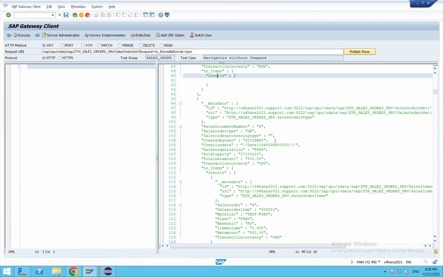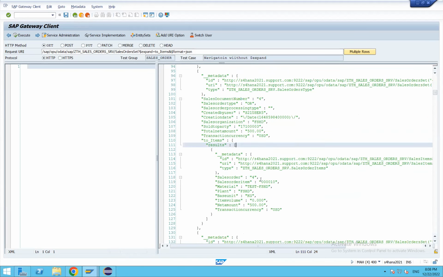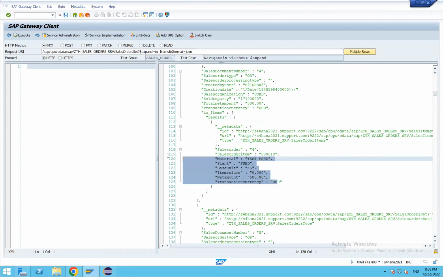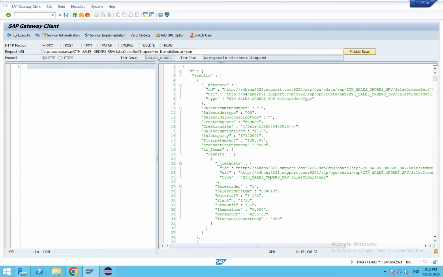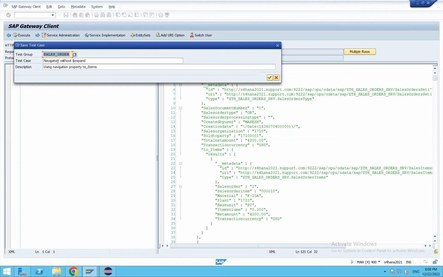Sales order four and its items. Do you see this? Yeah. Let me save this one as well. Navigation with expand, using $expand, not using the navigation property,